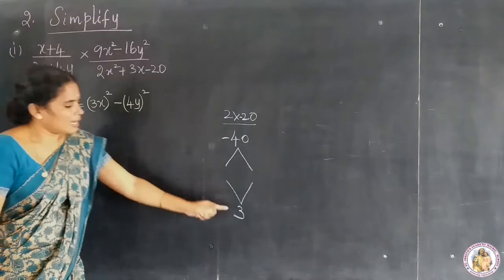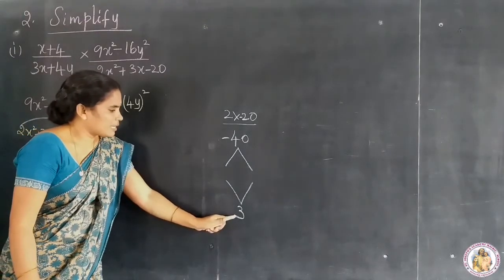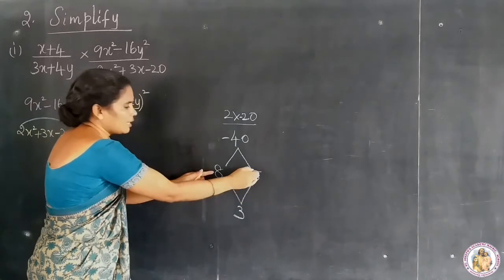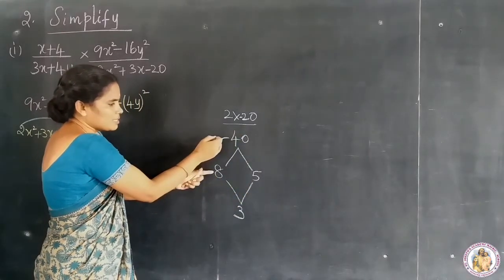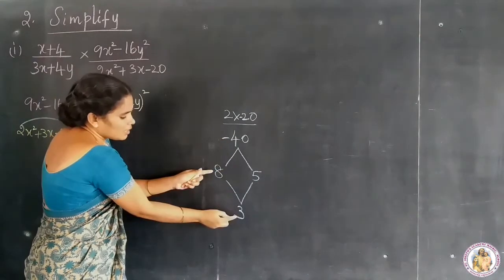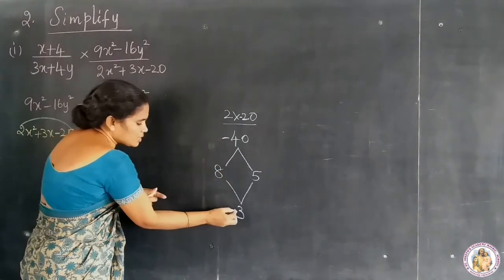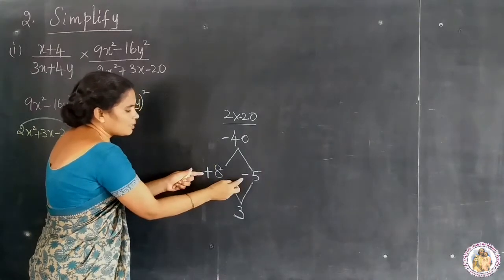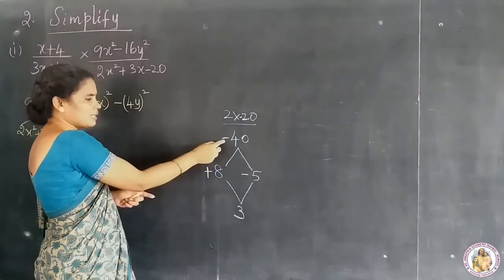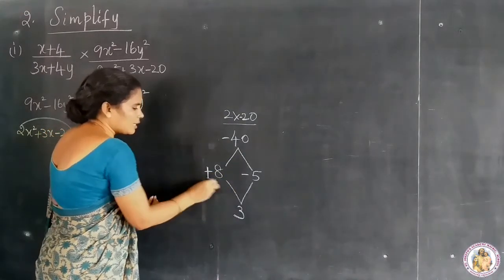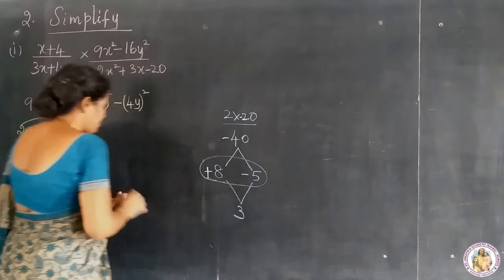Minus 40, and here it is plus 3. So 8 5s are 40. So plus into minus alone, you will be getting minus here. Here 3 for 3, it is plus. So give greater number plus and smaller number minus. So plus into minus minus, and 8 minus 5 is plus 3. So taking 8 and minus 5 as factors.